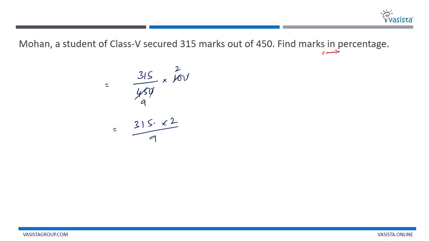Right, next, let me check whether 315 is divisible by 9. 5 plus 1 is 6, 6 plus 3